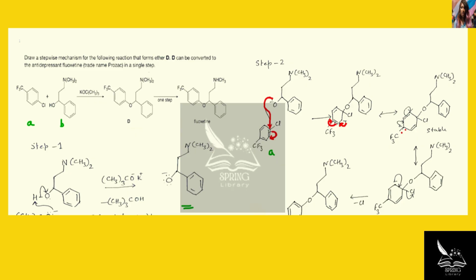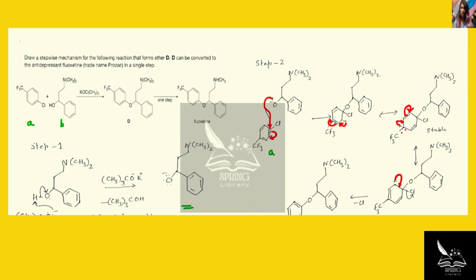And after that, this electron is shifted from here to in between these two carbon atoms and forming the bond, and this double bond will not be here and it is forming the charge at this carbon atom. So the next resonating structure should have the negative charge at this, and this whole resonating structure. So in the next step, this electron is shifted and forming the bond, and the chlorine